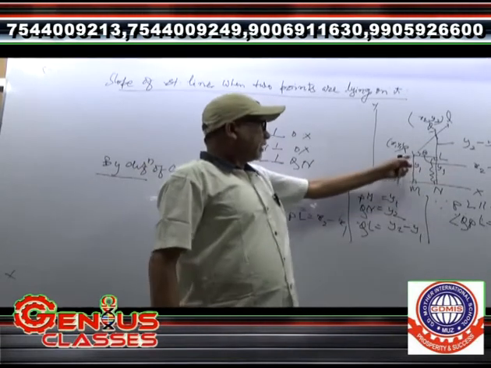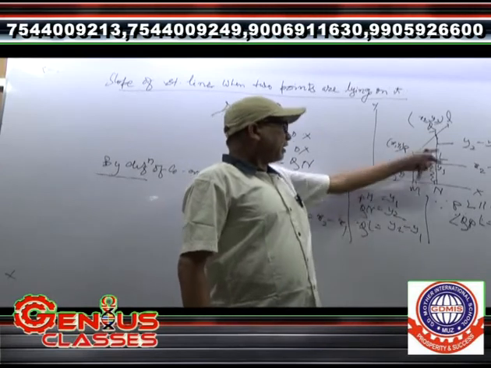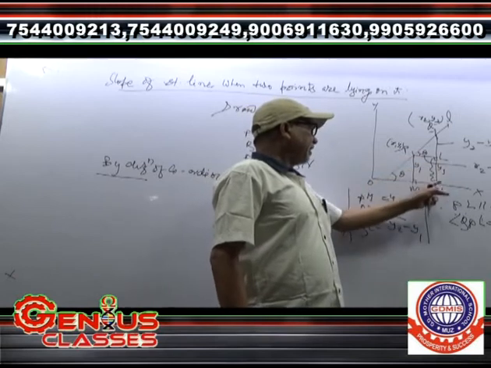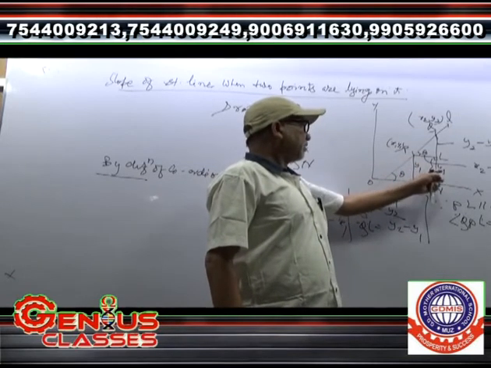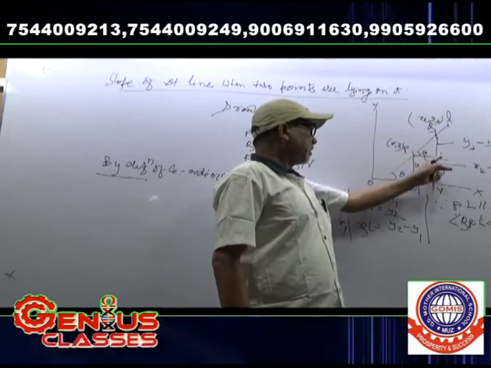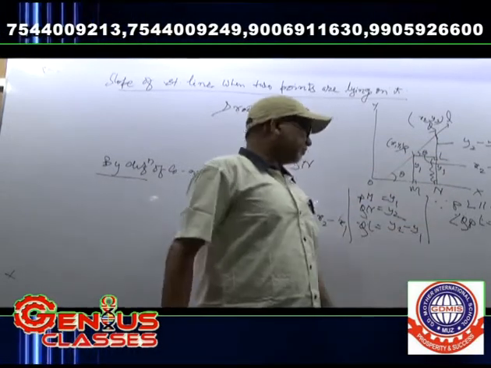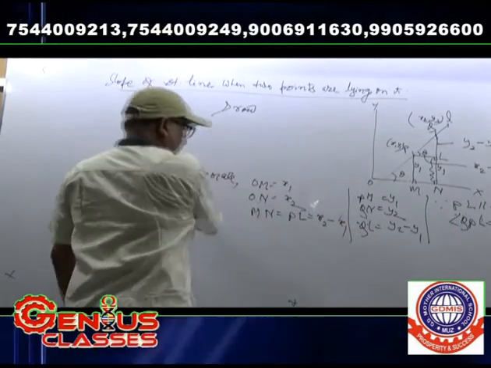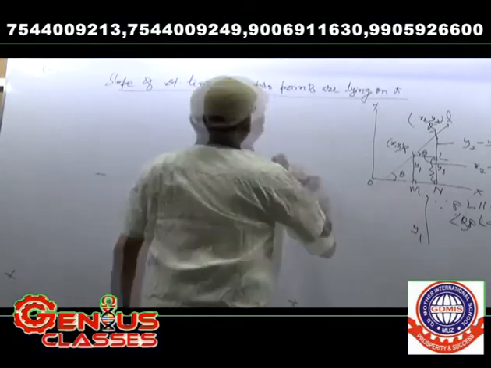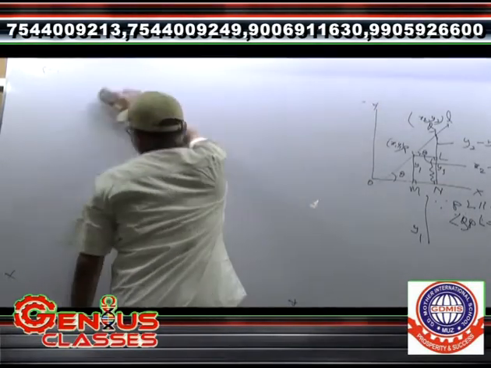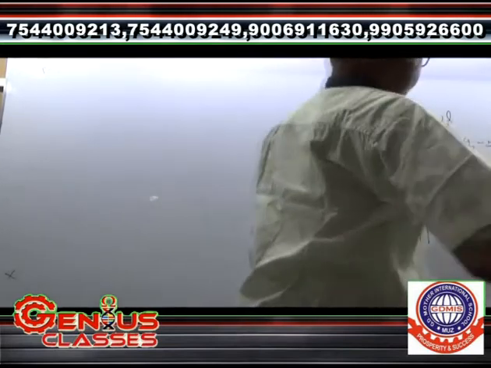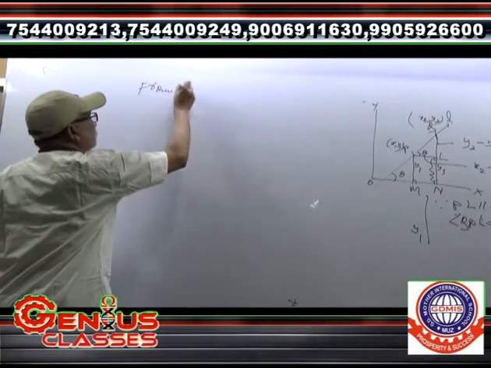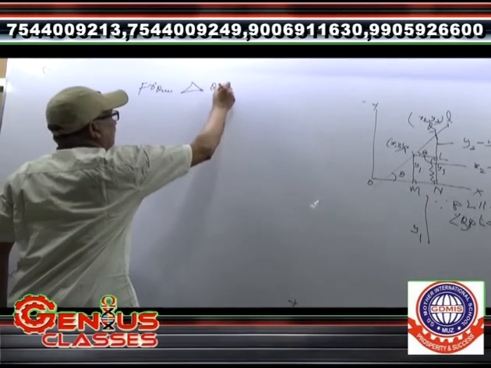Similarly, PN is equal to y1 and QN is equal to y2. But PM is equal to LN is equal to y1. Therefore, QL is equal to QN minus LN, यानी y2 minus y1. Now from triangle QPL,